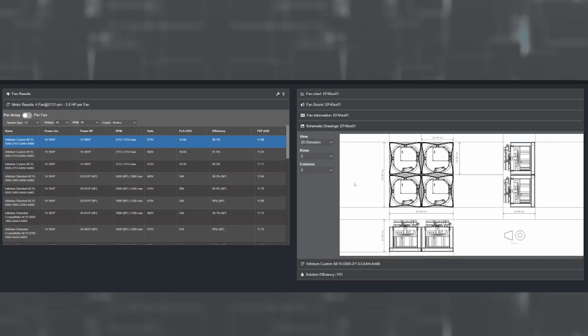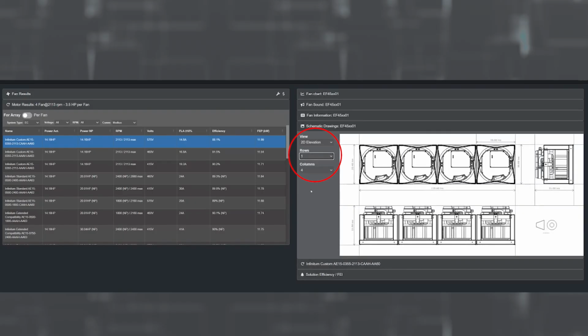This view shows a suggested physical layout of your fan array. If needed, you could alter the arrangement of rows and columns by altering them here. The dimensions shown on the bottom and left side of the top left drawing view represent the minimum interior cabinet size to maintain the recommended 1.8 times fan diameter center to center spacing, not the physical footprint of the individual fan assemblies. The dimensions on the top and right side of the same view indicate the measurements of an individual fan assembly.